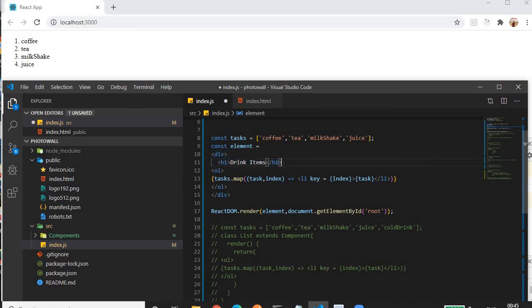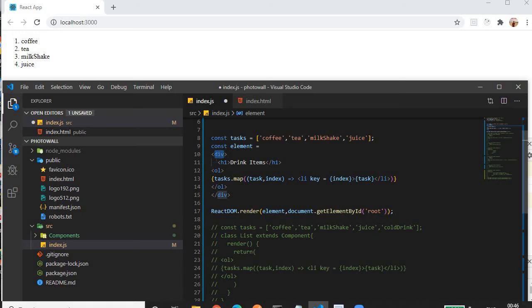Now I want to attach a description, a header for the list. So I want to display it in an h1 tag, and we have to provide the content for that h1 tag. The extra thing is that we are using a div tag, and this div tag is necessary. If we have more than one element to be created, we need to enclose them in a div tag.